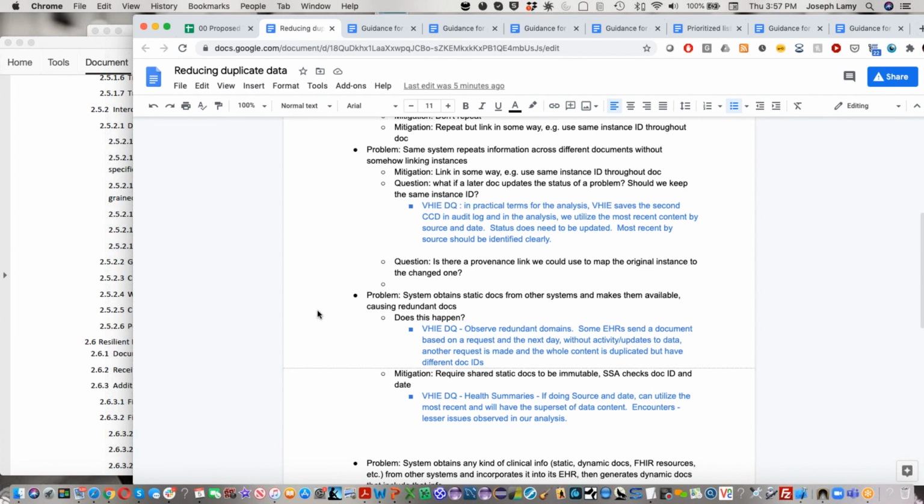All right, great. So in that case, I would say, please review this reducing duplicate data page and really any of them. If your problem is not mentioned here, you can add it. Or if it is mentioned, you can give more detail on it, like VHIU did. Yeah, and here you'll notice that there are some questions. Is there a provenance link we could use to map the original instance? If someone knows of something, please, this is where we all need to work as a community